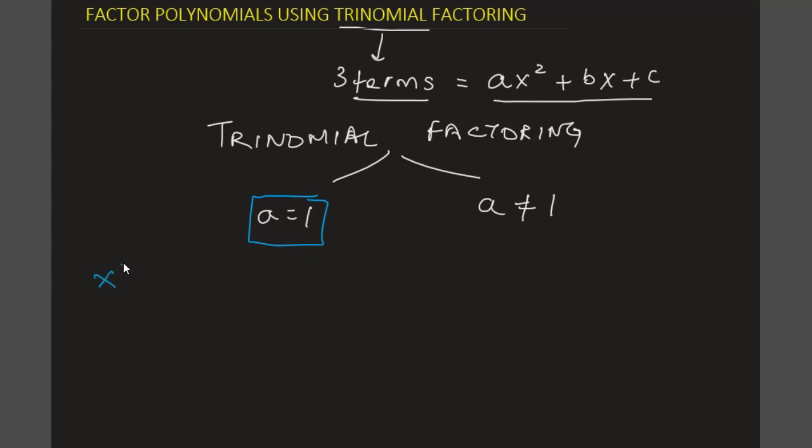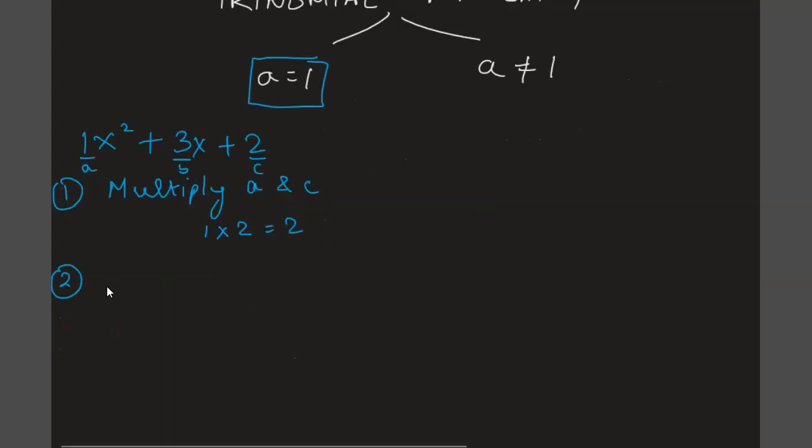Let's say we have a trinomial of this example, x squared plus 3x plus 2. We see our a is not there, so not there means a is 1. Our first step of trinomial factoring is to multiply a and c. This is our a, this is our b, and this is our c. So if I multiply 1 with 2, I get my product same as my c value, as my a is 1. My next step is to find out two numbers